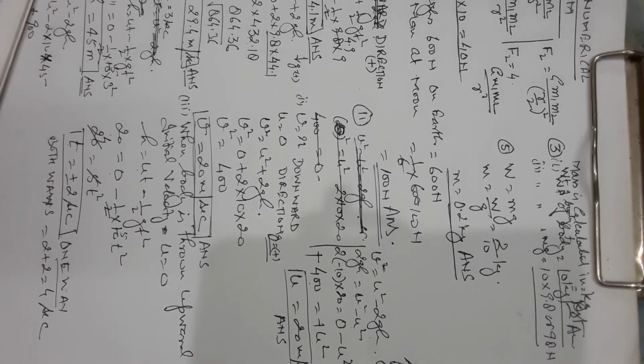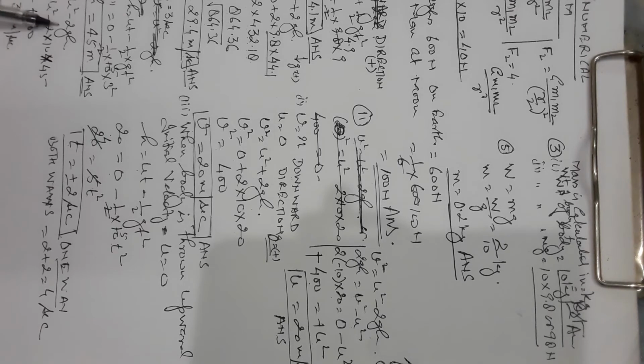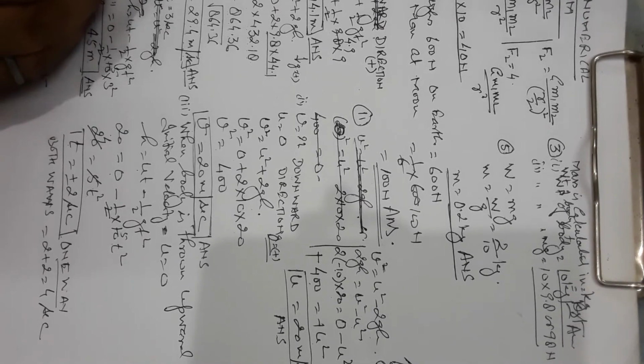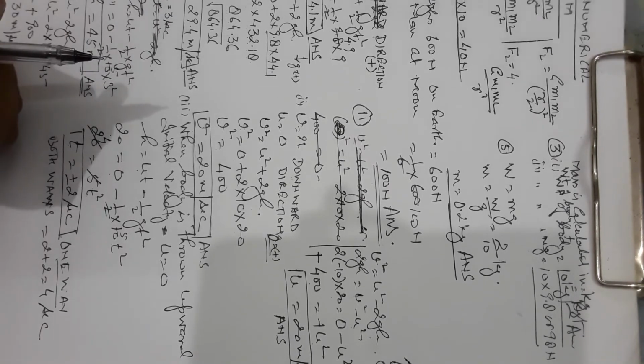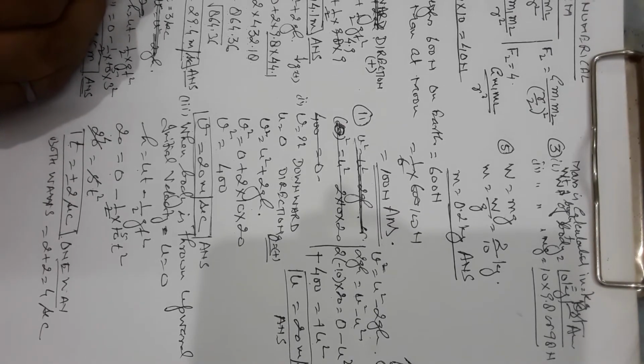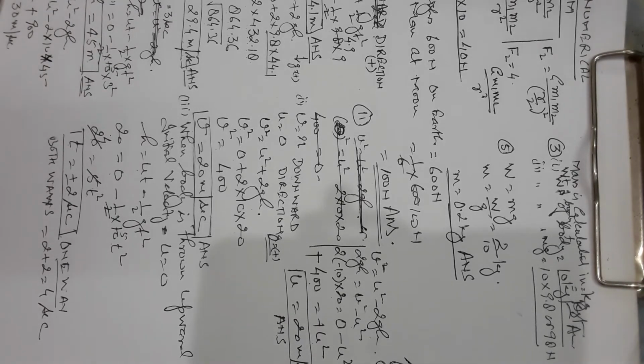And the initial velocity of the ball. Again we will use the formula v square equals u square minus 2gh, going up so minus 2gh. Final velocity is 0. After reaching the maximum height, the ball will come to rest. When you throw a ball from below, after attaining the maximum height its velocity will become 0. The velocity will be 0 at the maximum height. So u square, negative here, 2 into 10 into 45, 900. u square is 900, u is equal to 30 meter per second. This is the second answer of the question.